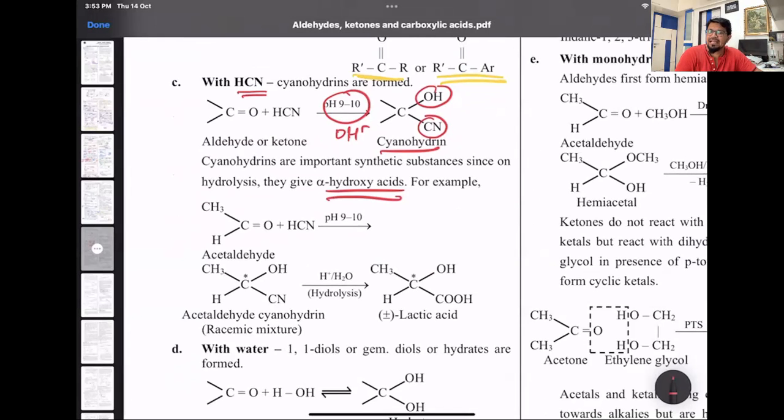Look at that, acetaldehyde with HCN. The carbonyl group being polar, the H goes on oxygen, cyanide goes to carbon. We get acetaldehyde cyanohydrin. And if you hydrolyze, meaning cyanide gets converted to acid, the asterisk in between means it's optically active. So the functional group, that's why it's called alpha hydroxy acid. That's lactic acid. Okay, optical activity, dextro and levo.